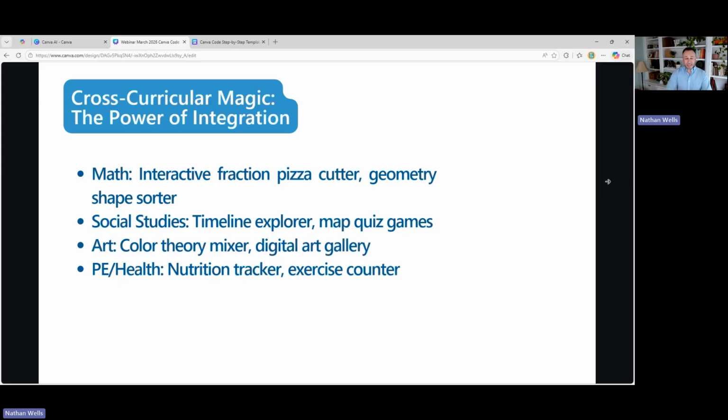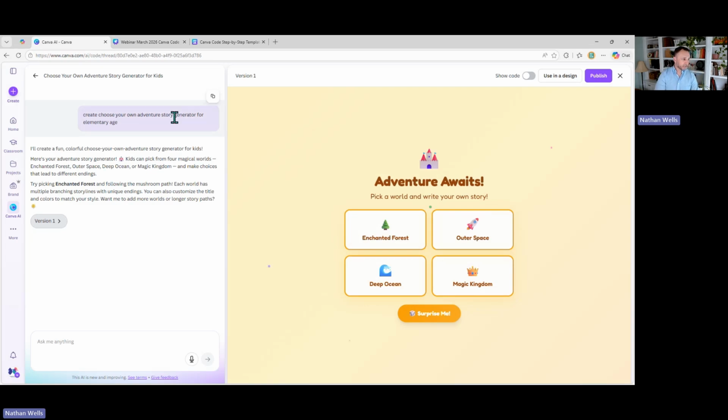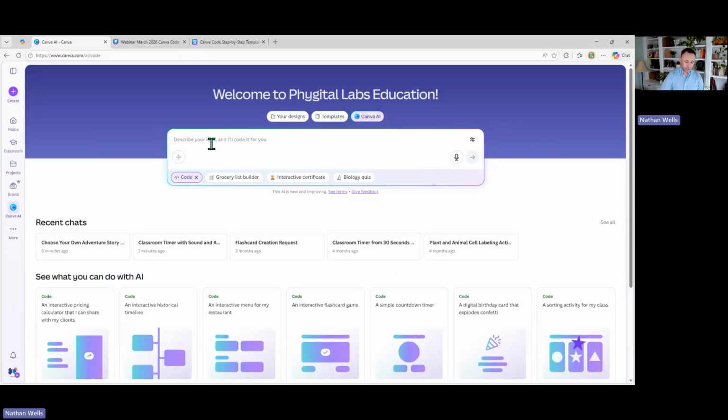So some other ideas and thoughts around this is interactive math activities. So if you don't have manipulatives in your class, or you want students to be able to practice with manipulatives, maybe on their own, in centers time, at home, at different times where maybe they don't have access to the ones you're using in class, you could create that. You can see the geometry shape sorter idea, fraction pizza cutter, timeline explorer. I saw an example where somebody went in and created the